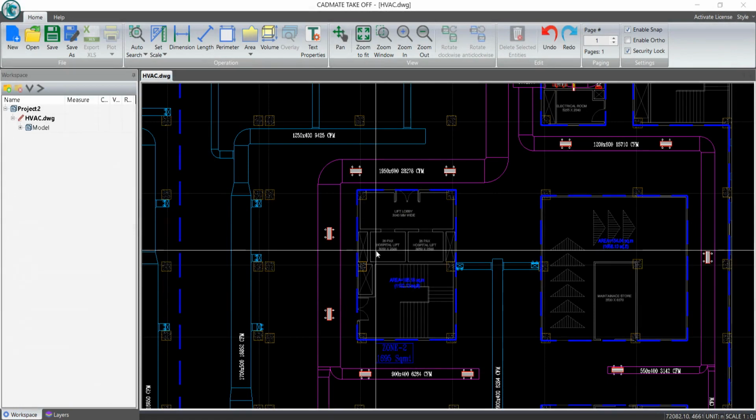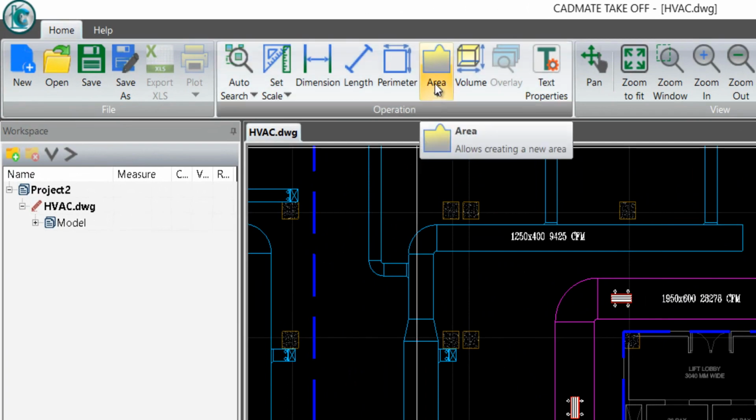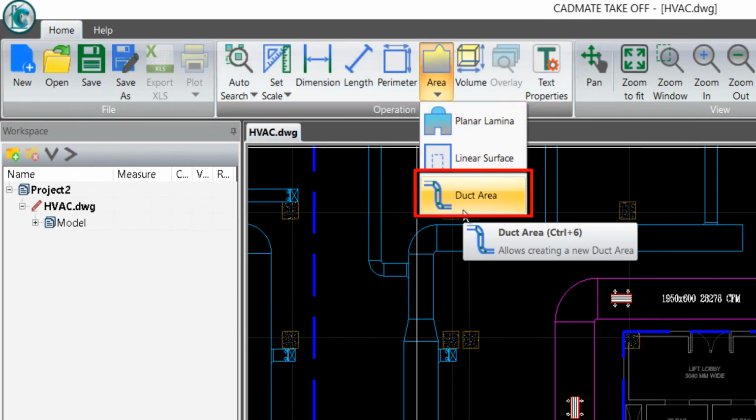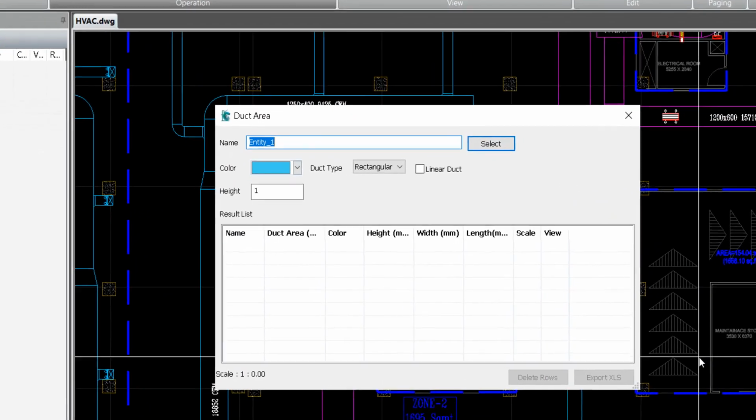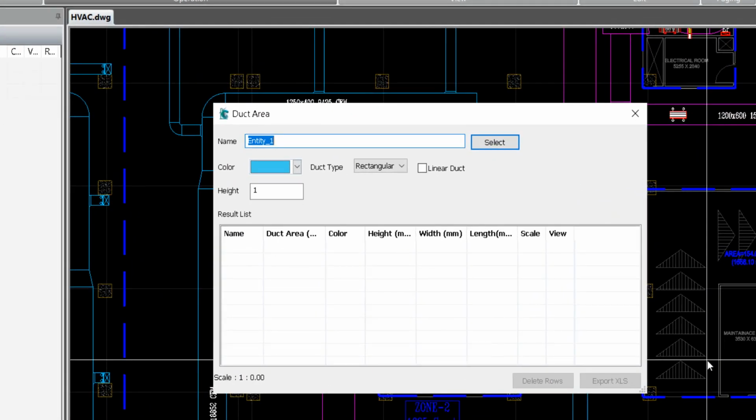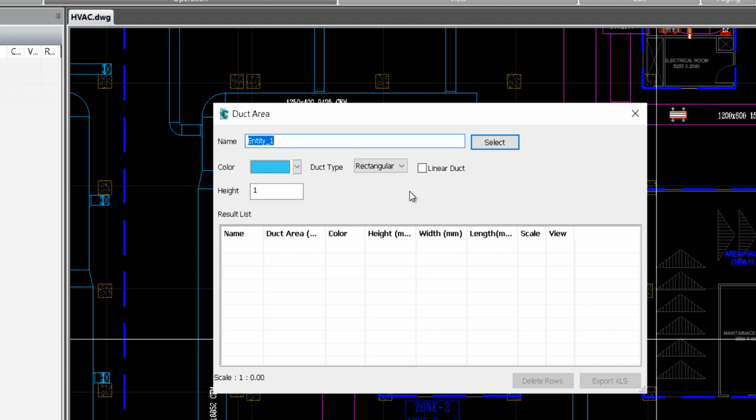Using Cadmate TAKEOFF, we will be able to calculate the duct area. Select the duct area option from the Operation tab. A dialog box opens with a couple of options. Under the duct type, we have the calculations for 3 different types of ducts: